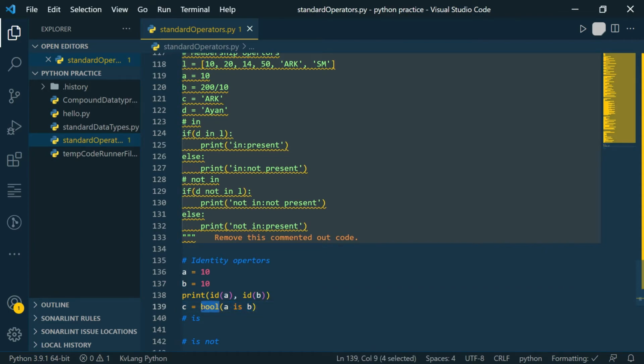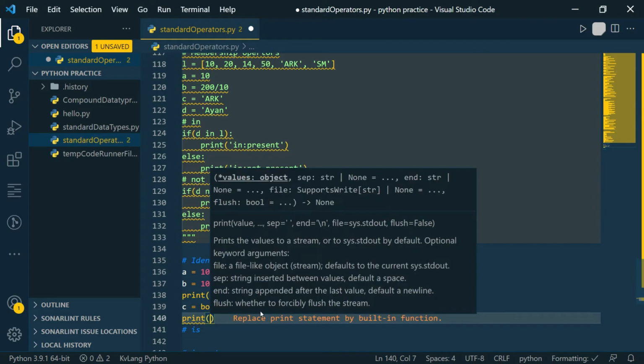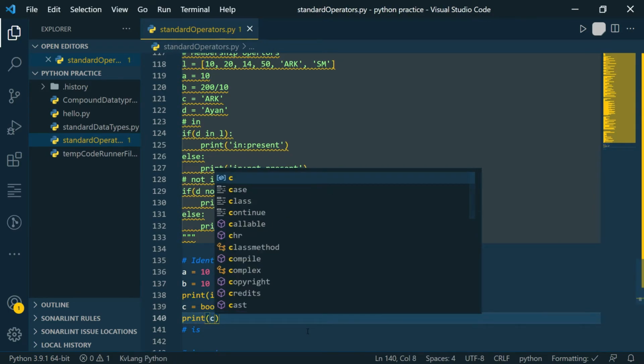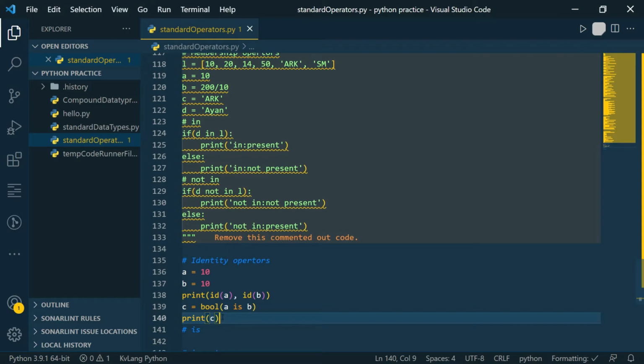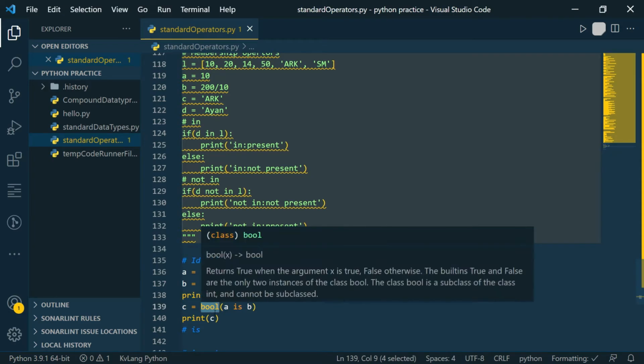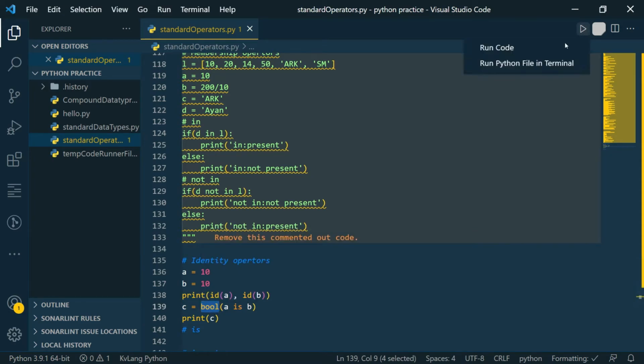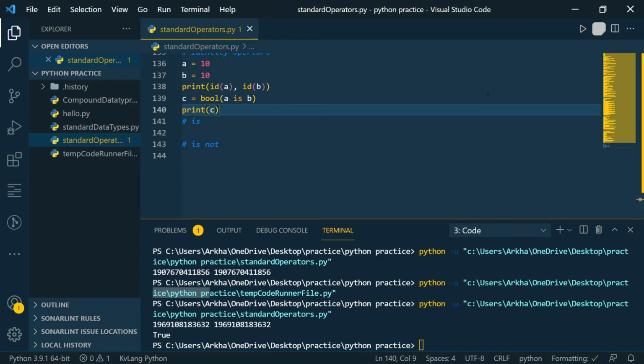What the bool method does is check whether the condition is true or false. If it is true, it will return true, and if it is false, it will return false. We will just print C. So if A is B, that means if ID of A is equal to ID of B, then this bool method will return true, and if it is not, it will return false. Let's run it and see. So as you can see, IDs are the same, that is why it printed true.